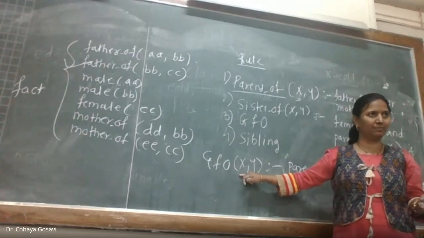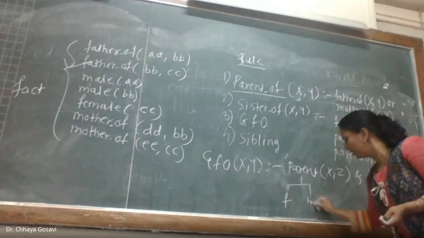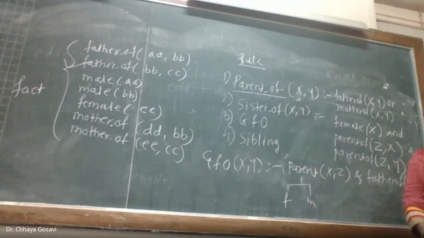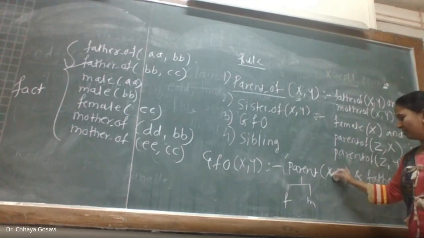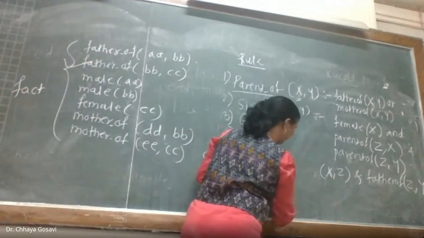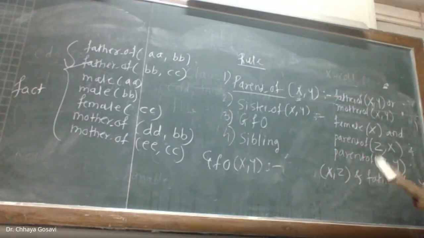So this parent means father or mother. And father's father is your grandfather. Mother's father is also your grandfather. Any confusion? I'm not getting your question. You want parent first? Then father's mother will be your grandmother. Sorry, parent of should be the second. X should be father of Z, but Z can be the parent, mother or father, of Y.